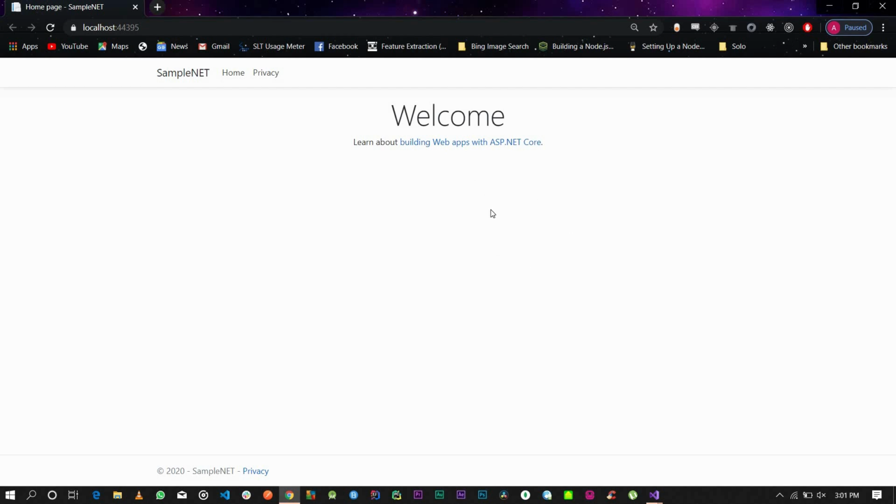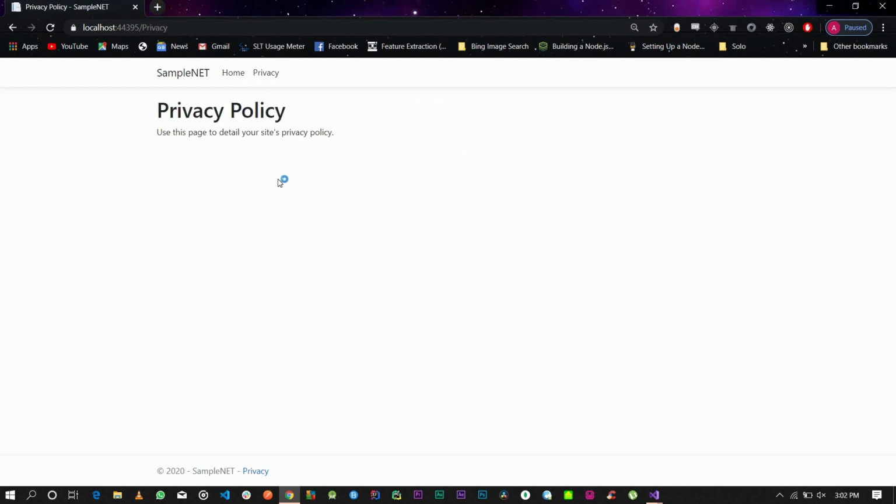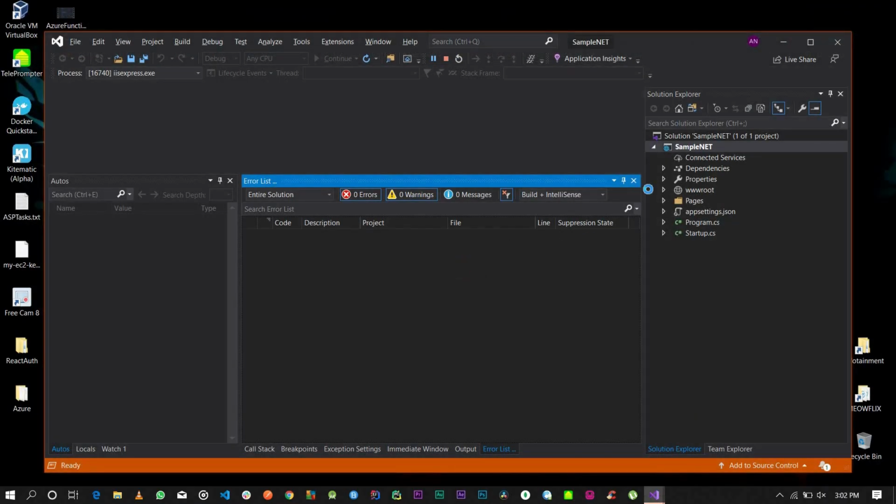Right, so as you can see, this is our sample.net application. So this is an ASP.NET Core web application, and this is the sample, and we're going to be uploading this onto Azure. So it's fairly simple. So I just ran it to show you guys how it looked like. So I'm going to go ahead and close this. And once I close this,